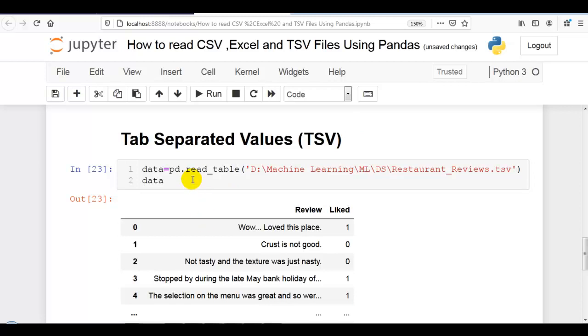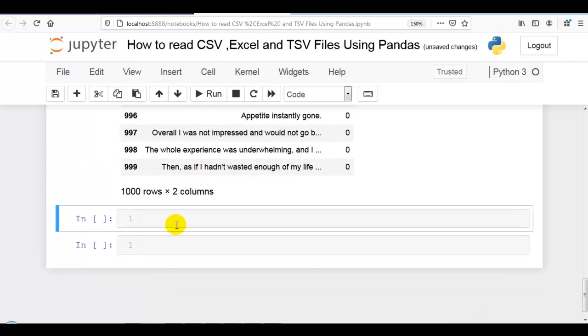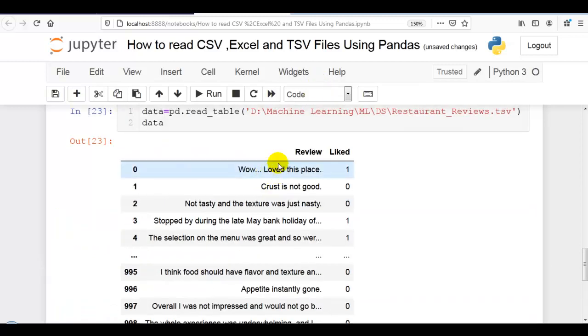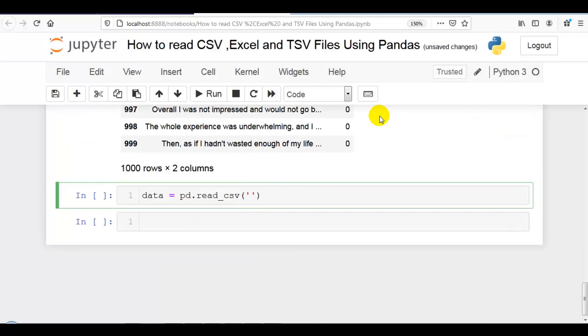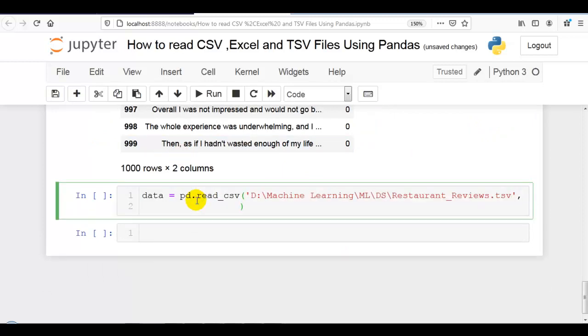Now let me read this tsv file using pd.read_csv. Again we have to provide the path of that tsv file. Let me copy the path where my tsv file is available. By default, read_csv reads a csv file, which is comma separated values.